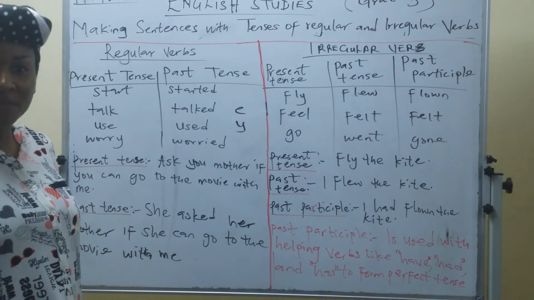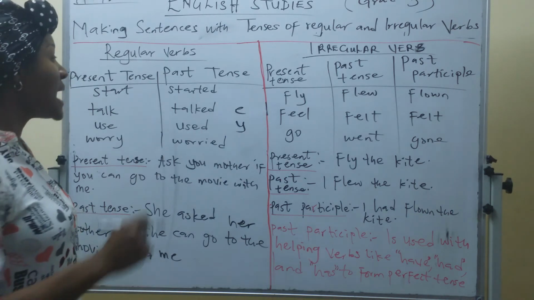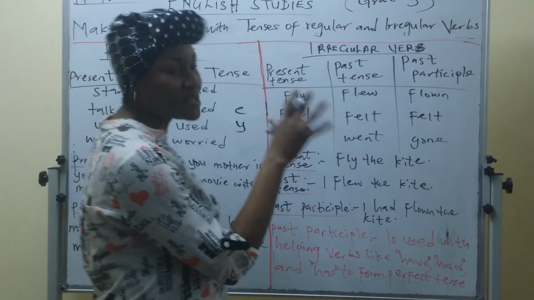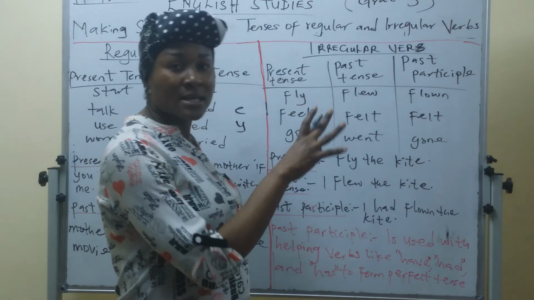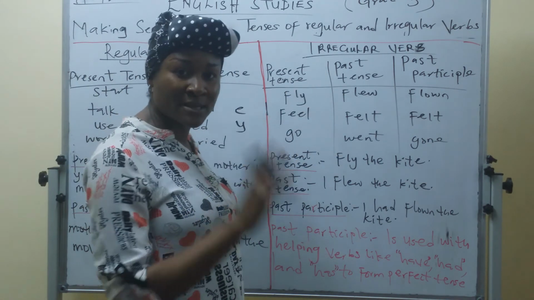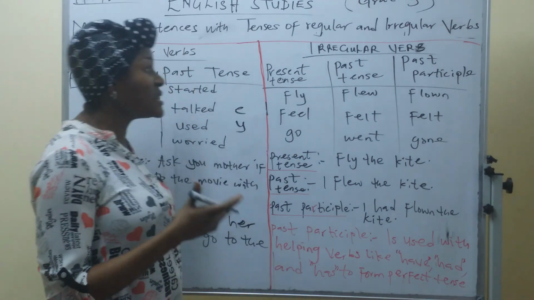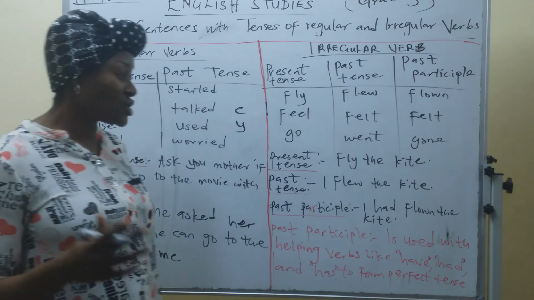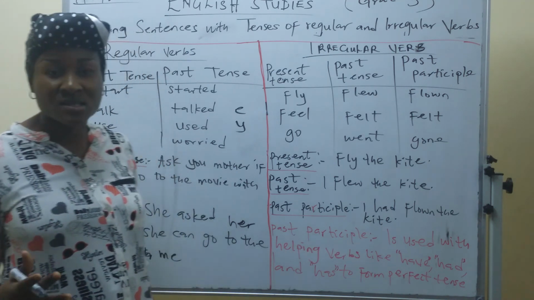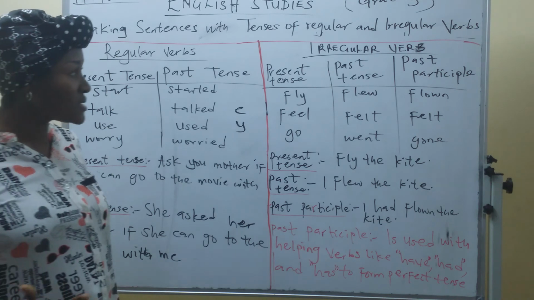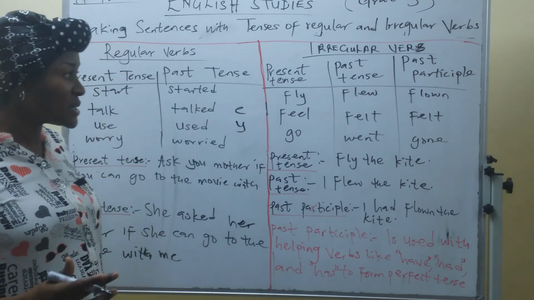Just find 5 of them for me, and also find 20 irregular verbs, their past tense and their past participle. As we progress in lesson 10, I'm going to show you how to make more sentences using the past tense, the past participle, or the present participle of